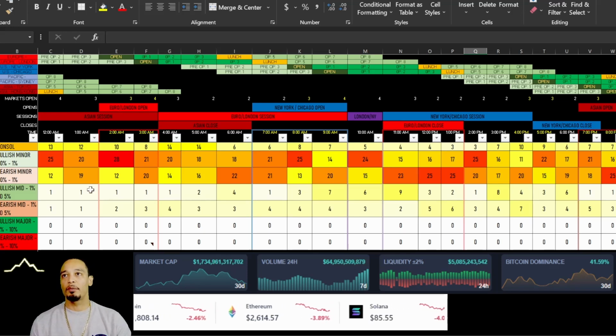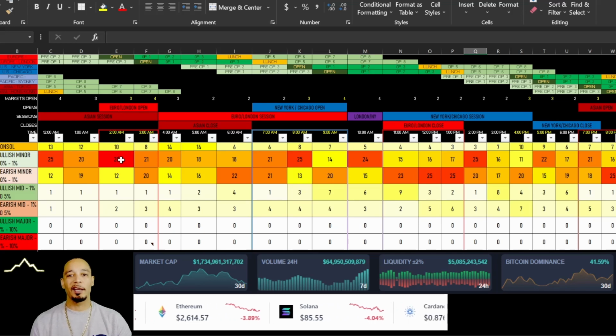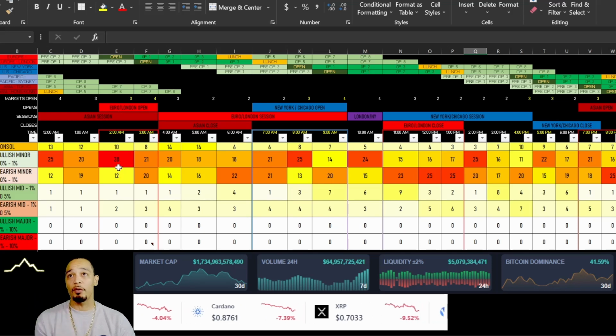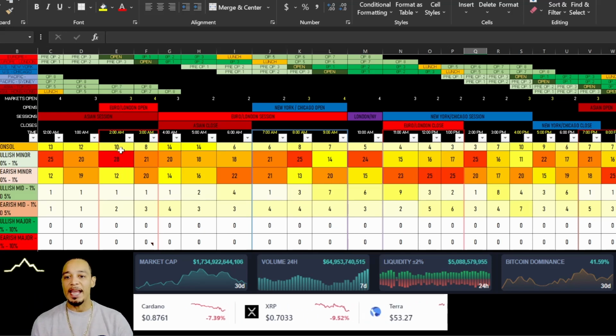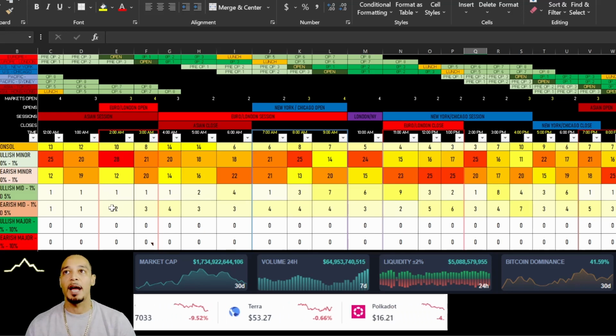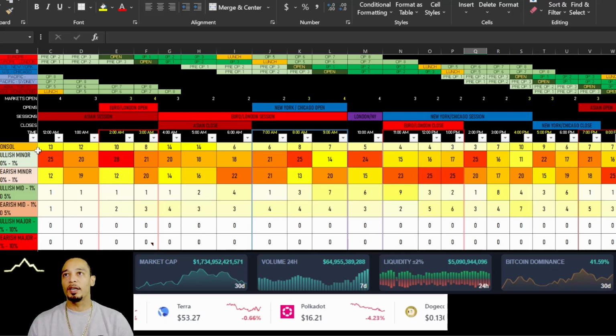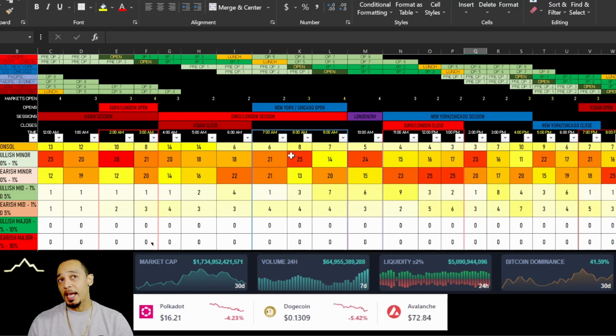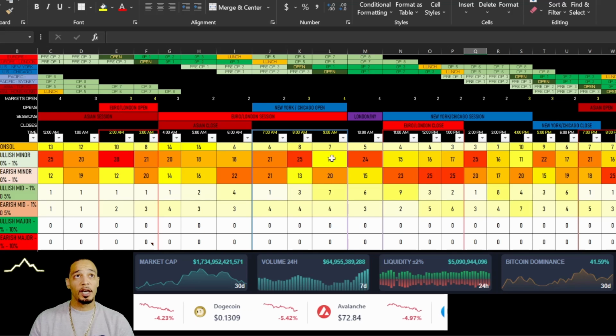So for example, around 2 a.m. is when London usually opens, right? They usually give some sort of bullish push around 2 a.m. And how do we know that? Just look at this number here. It's 28 compared to all of the other possible outcomes in price at that time of day. Okay. We can also look at the 12 a.m. hour, also fairly bullish. Okay. We can look at the 8 a.m. hour, also fairly bullish. We can look at the 10 a.m. hour, also fairly bullish,